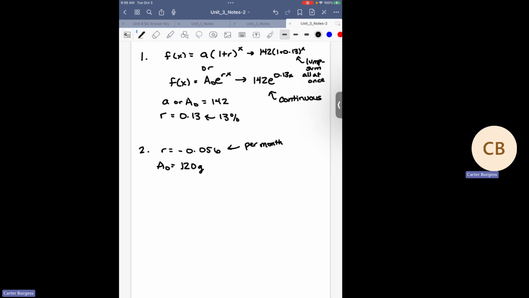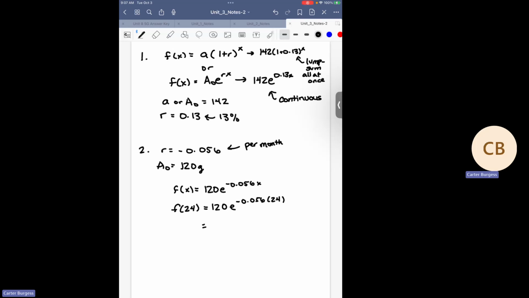So this is going to be that f of x is equal to 120 e to the negative 0.056 times x, and that f of 2, except it's not f of 2, is it? Because that 0.056 is for months. So how many months are in a year? That's going to be 24 months in 2 years. This is 120 e to the negative 0.056 times 24,